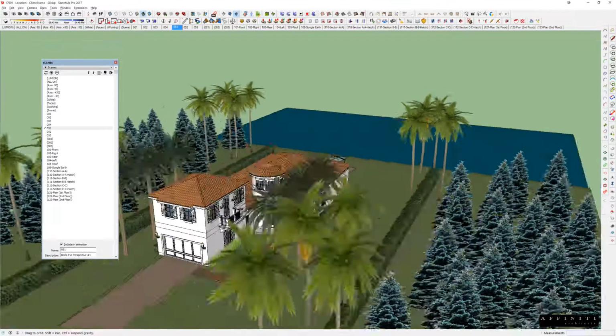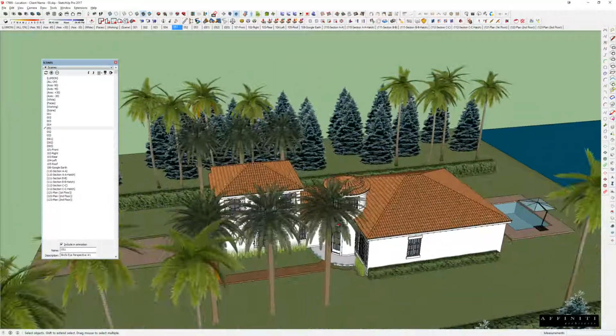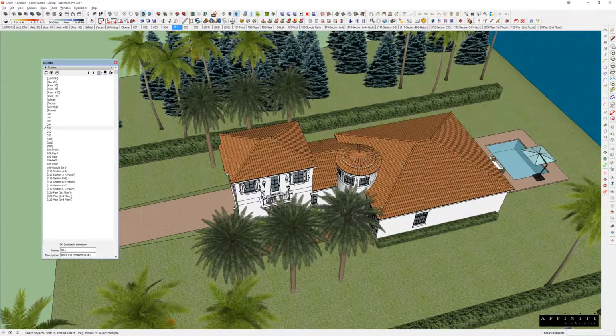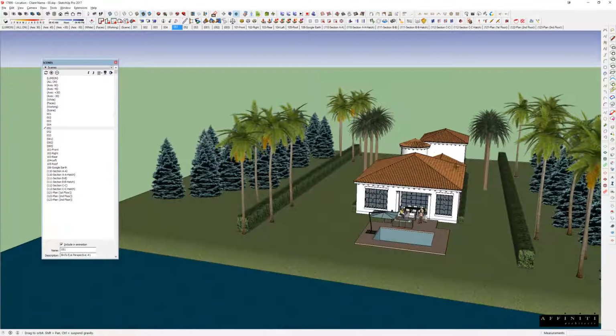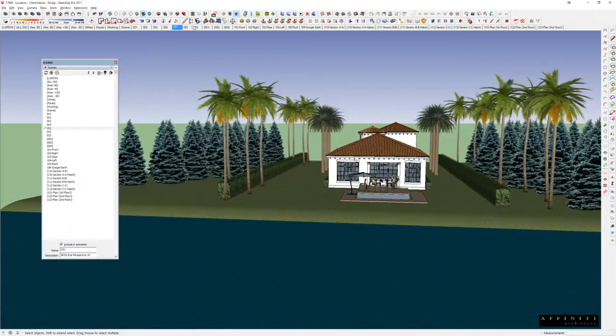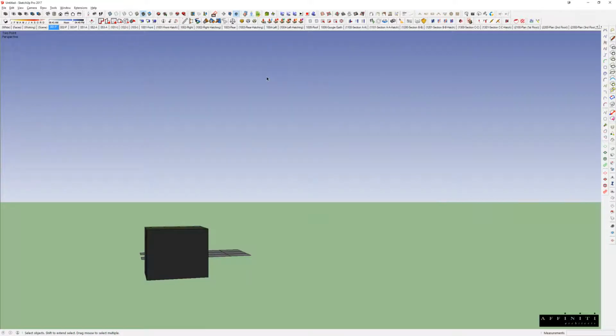We'll update that one. Maybe we want to do one here, like this, whatever it is. Update. And we want to do an aerial, say over the water, looking back, and update. And then I have my 100 series are going to be my interior perspectives,